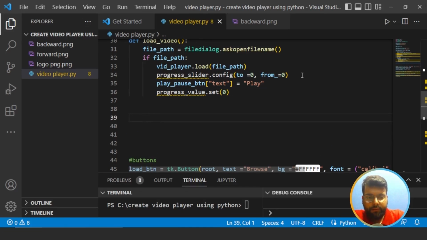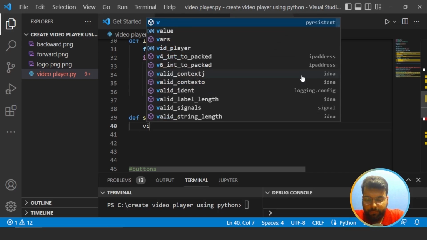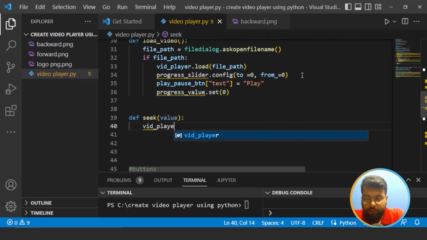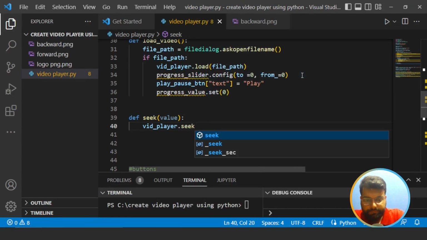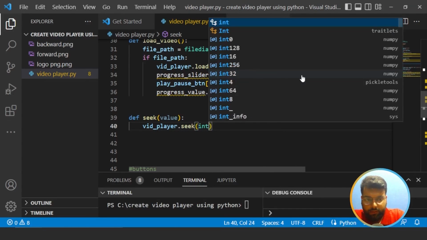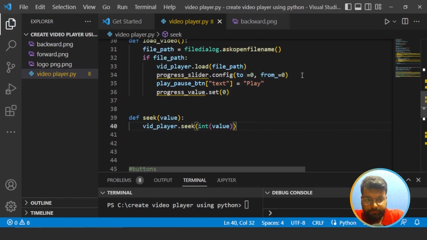Now we'll create another function and name it as seek, and inside we'll pass the value, and this function we would be using to seek a specific time frame. So for that we'll use the function seek and we'll pass the integer value in that,